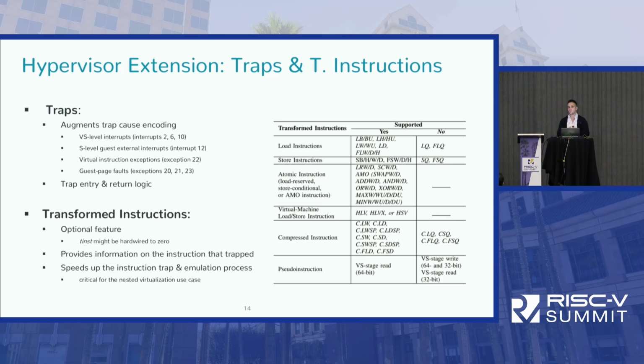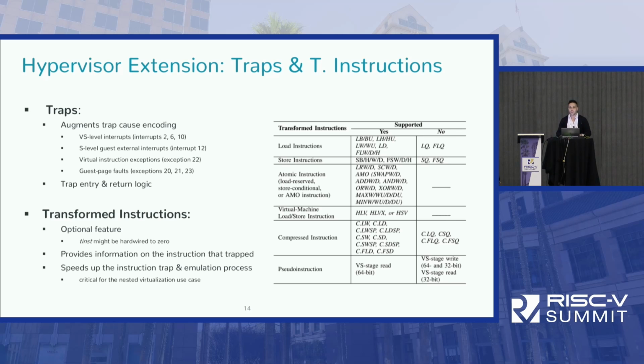We have seen that RISC-V is classically virtualizable, which means that when in user mode we try to access a privileged instruction, it will trap to the hypervisor. But this optional feature of the spec provides additional information about which instruction generated the trap, which basically speeds up a lot the process of understanding what was the instruction and what I need